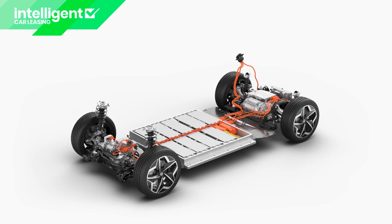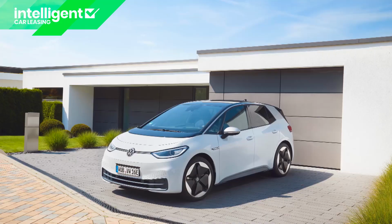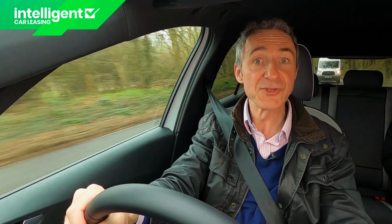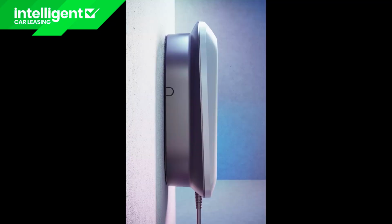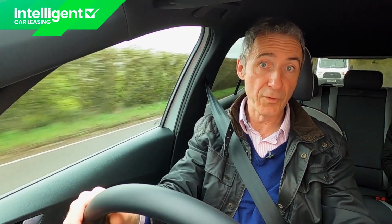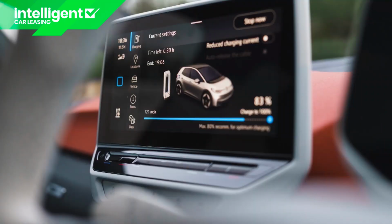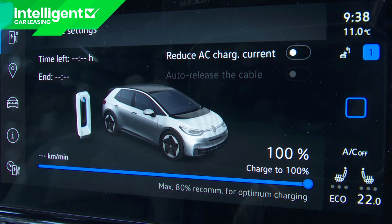For owners of more usual 58 kilowatt hour variants, it'll probably be enough to know that they can recharge the car at home overnight, and sure enough, the AC one-phase 7.2 kilowatt garage wall box that most are likely to use would replenish the car from zero in 9 hours 30 minutes. If your property or your business can support an AC3 11 kilowatt charger, then that time will reduce to 6 hours 15 minutes. The charging socket is located on the driver's side rear wing,